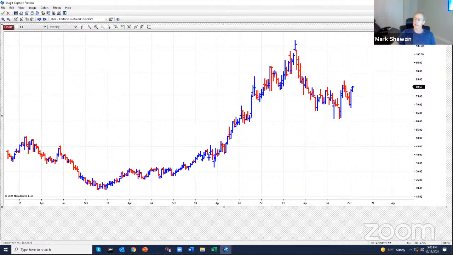So Dan says, how do you stay in a trade if it moves sideways for a long time? You have to trust the pattern. Even if this started going like this, and this is a weekly chart, let's say for the next 8 weeks it just did this, I would still be looking at that. So you have to trust the pattern. The market will do a great job of shaking you out of any trade if you're looking at shorter time frames.